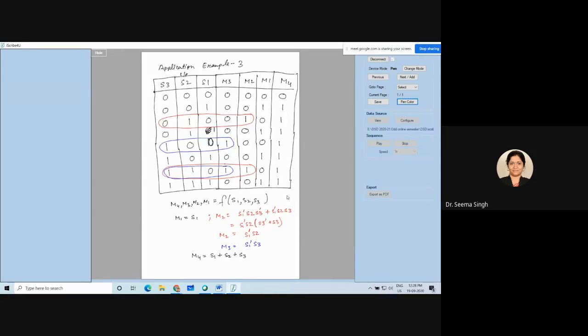So this is the question of application example 3. People who were assigned this question and did it correctly, very good. I hope you have analyzed it well. If you have done it with a K-map, you now know how to do it without a K-map also. Always, when you have only one or two ones in your truth table, you should avoid using a K-map because this will shorten your time to answer the question. Now, this question is clear. Any doubt you have?